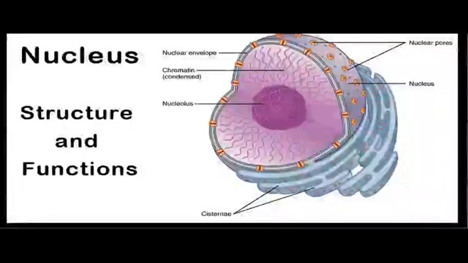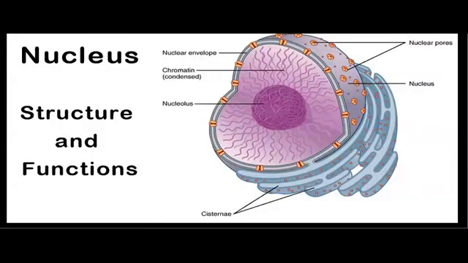So let us summarize the structure of the nucleus. As I told you, the nucleus is a dark colored, spherical or oval dot-like structure near the center of each cell. The nucleus has a double layered covering called the nuclear membrane, which is porous. Because it is porous, it allows materials to transfer from inside the nucleus to the cytoplasm. The nucleus contains chromosomes, but these are visible as rod-shaped structures only when the cell is about to divide. In the beginning, they appear as an entangled mass of thread-like structures called chromatin.